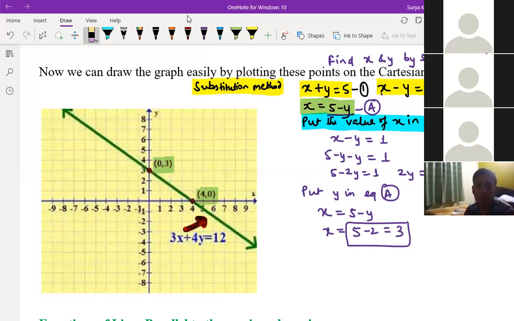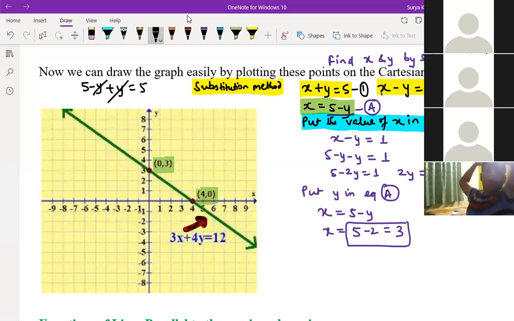Sir, one doubt, sir. You told that we have to replace the value of y in the second equation. But sir, if we do it in the first equation, we'll get the same answer. Okay, just put the value in the same equation. What are you getting? But we'll get x is equal to 3. Okay, 5 minus y, wait. 5 minus y again plus y is equal to 5. Like this you will get, no? You are putting it in the first equation. So you can't get anything now. What will you get from here?